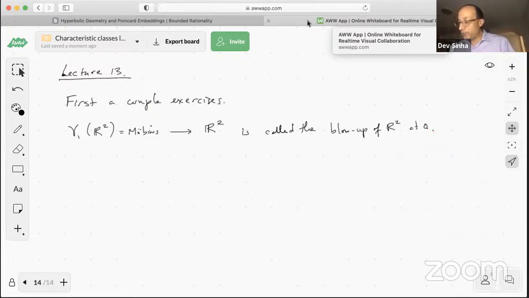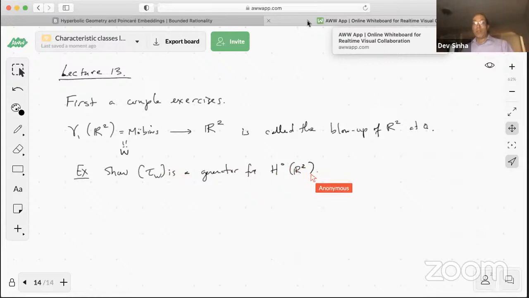And one exercise is show, if I let W be this, show tau W is a generator for H upper 0. Of course, that's the only cohomology group. The main technical point is, if you look at it, the pullback is generally going to be a point, but there may be some bad points around the origin, but it's really a matter of showing that this is a valid Thom class,